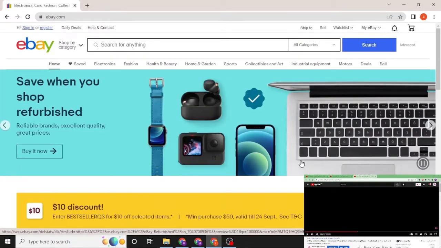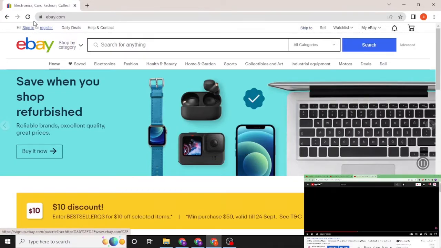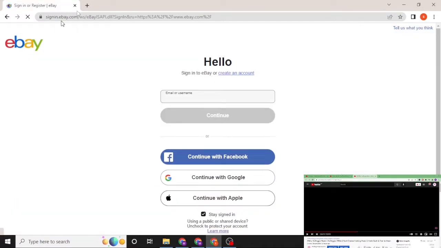Now to log into your eBay account, you can see the sign in button on the top left corner of your screen, or my eBay over here. Let's click on sign in at the top left corner, because it says sign in itself. Now you'll be required to enter your email or your username over here like this,